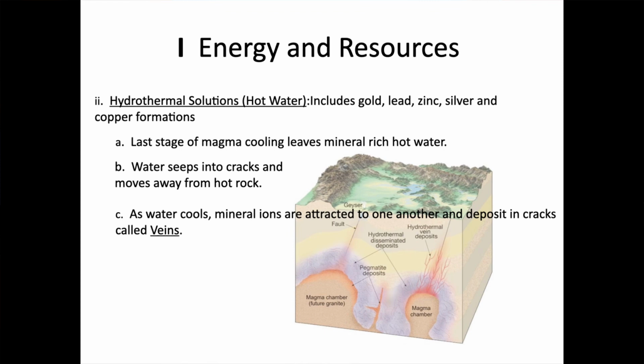The next way these metallic minerals can form is through hydrothermal vein deposits, hydrothermal solutions, hot water. Again, this hot water, sometimes it's the remains of a magma chamber. Okay? In magma, there's a lot of water. And the magma itself will cool and solidify at 2, 3, 4,000 degrees Fahrenheit. Okay? And that's going to mean we have a lot of leftover, very hot water that contains elements in the